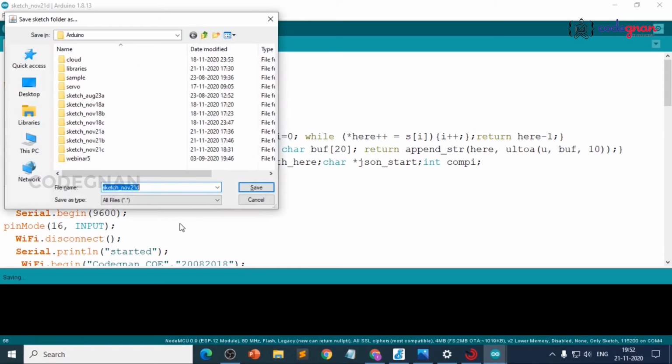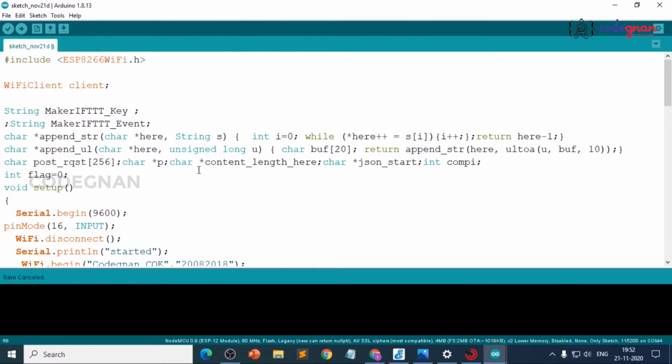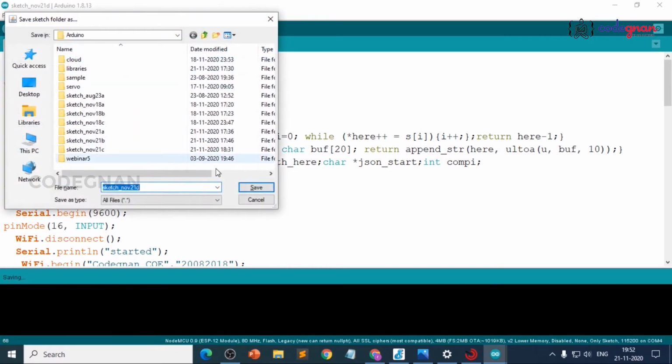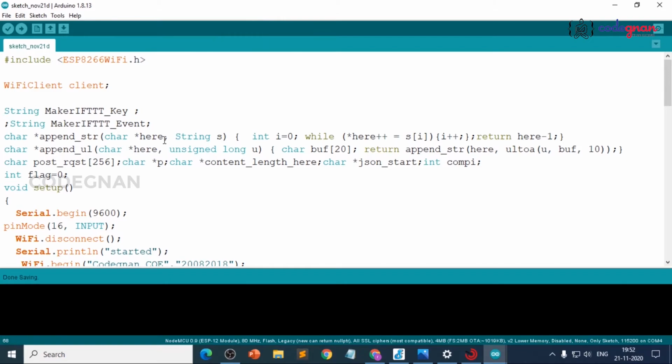Okay, Control plus S, save the program, and the connections which I am going to give are for the IR sensor.